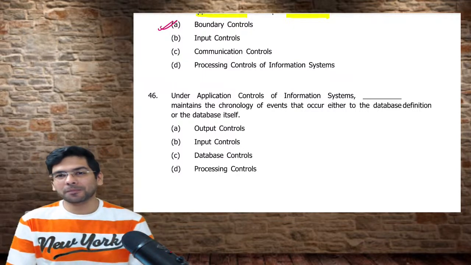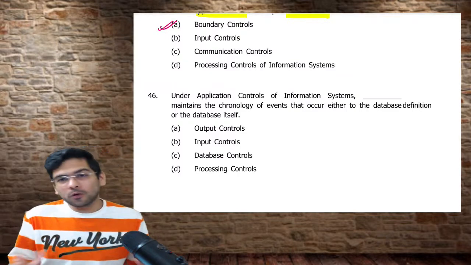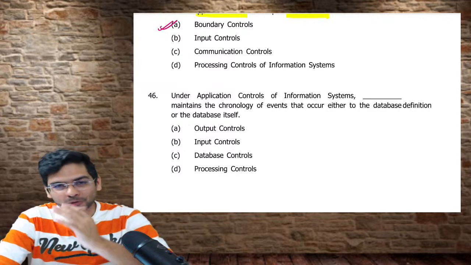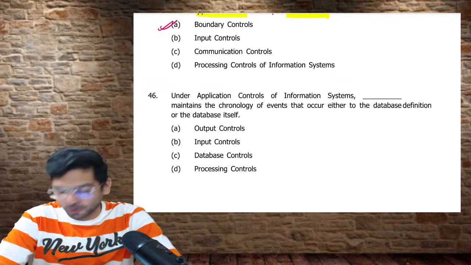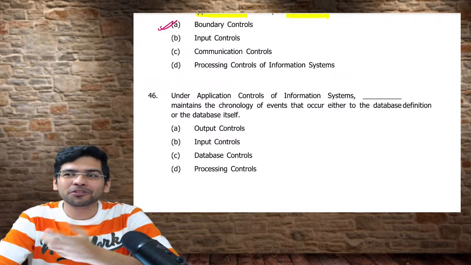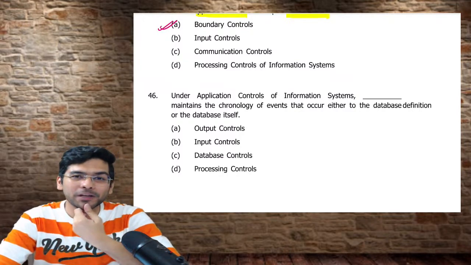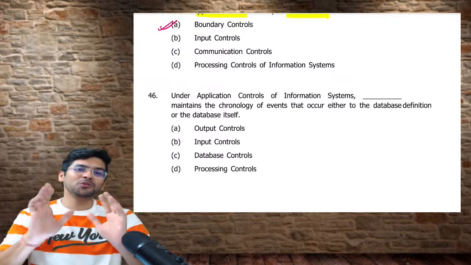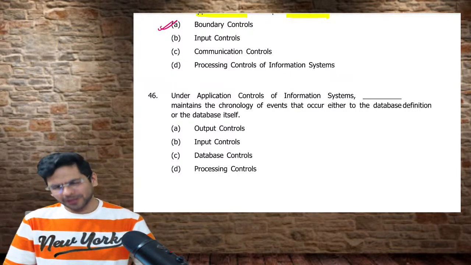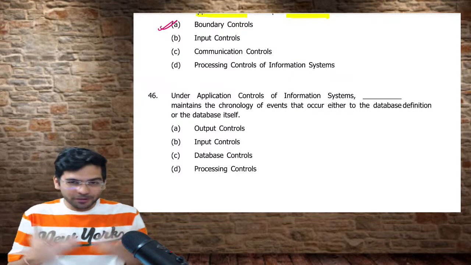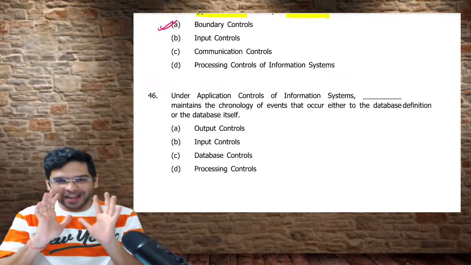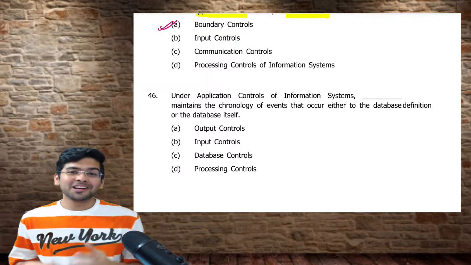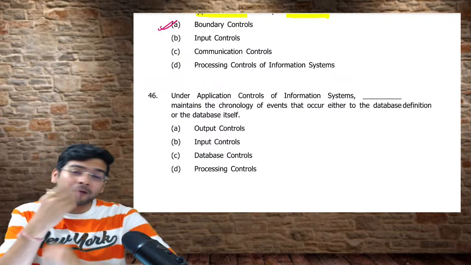There are only 5 chapters and each chapter has got equal weightage. If you leave any particular chapter, I would never recommend it. You should have knowledge of each and every chapter. If you don't have the conceptual clarity with respect to any chapter, it will be very difficult for you to solve the MCQ. So I would never recommend you to leave any chapter in EIS. You can do your studies smartly, but because there are only 5 chapters, please have knowledge of all the 5 chapters.